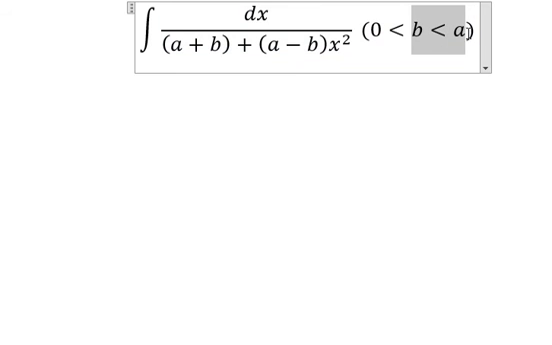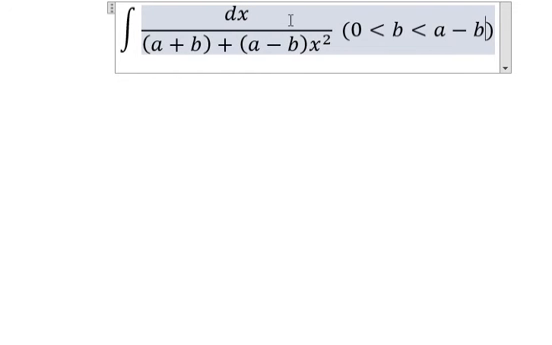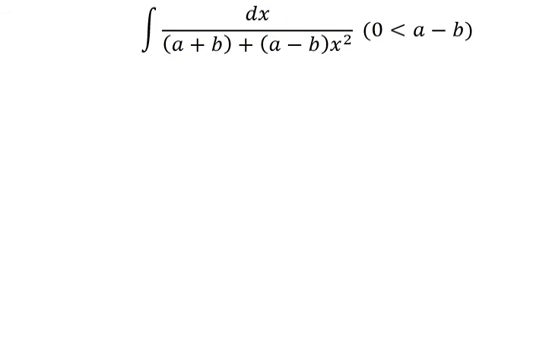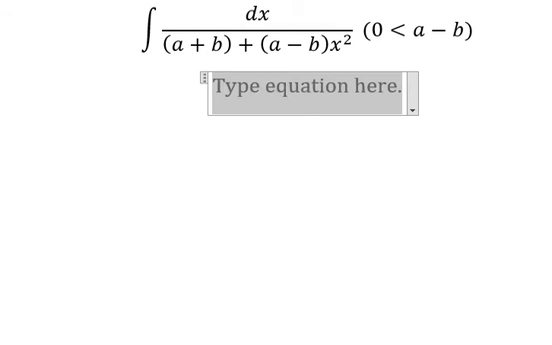If we look carefully at the conditions, b is smaller than a. So if I put b in here, we see that a minus b is greater than 0, which means this one is positive. Now, we can use integration